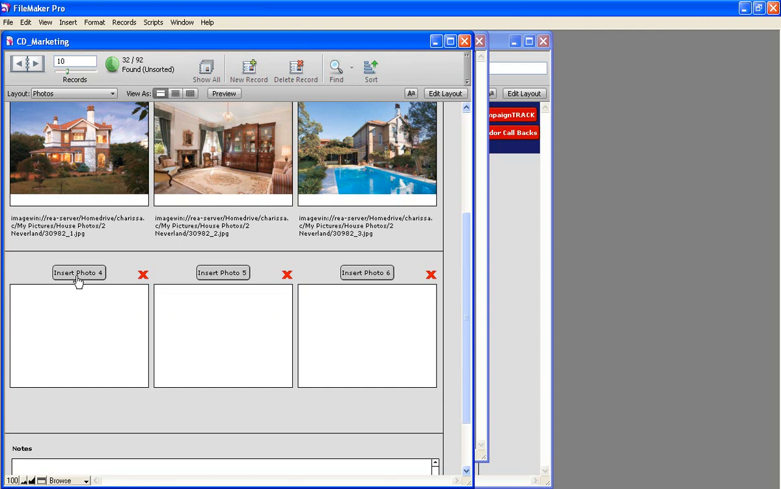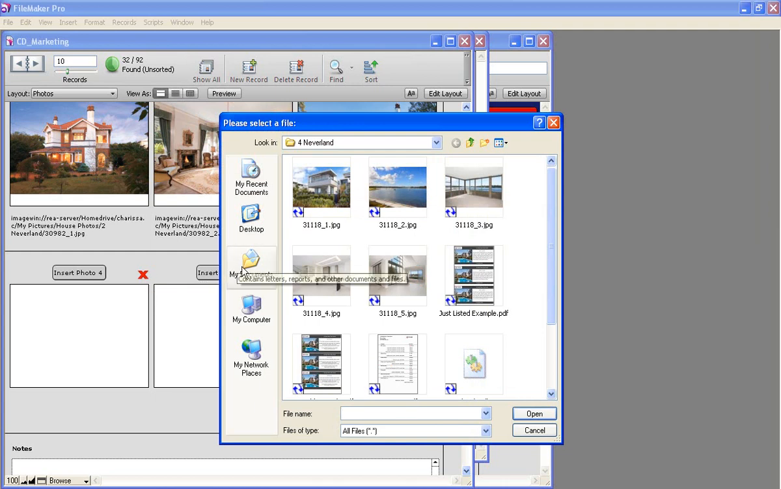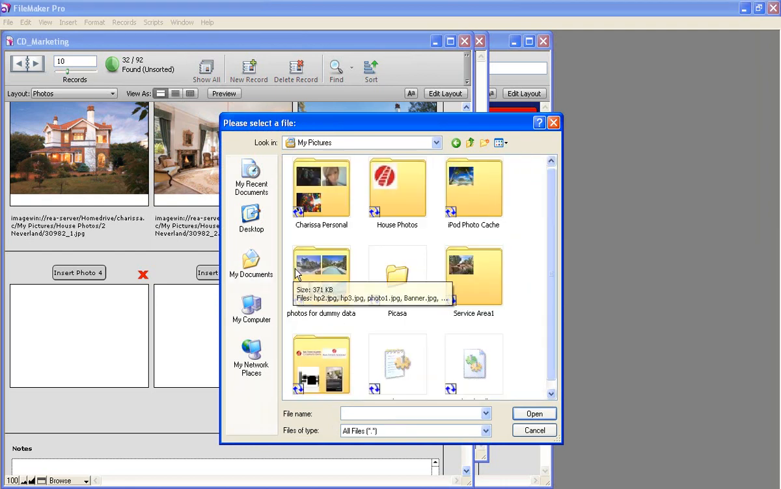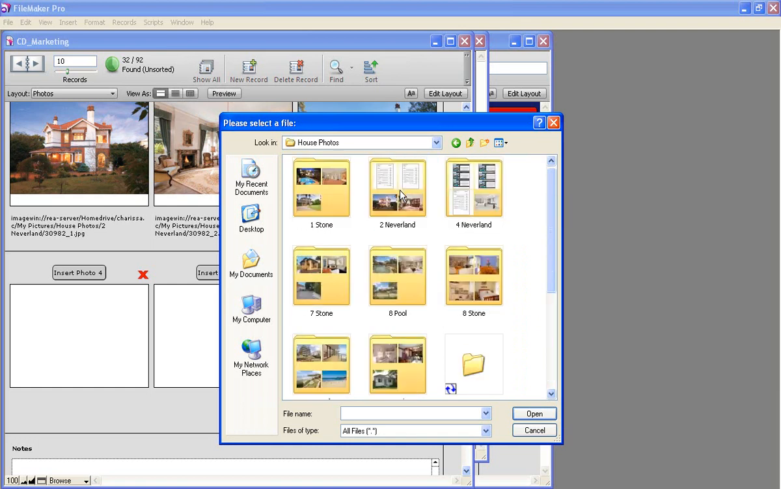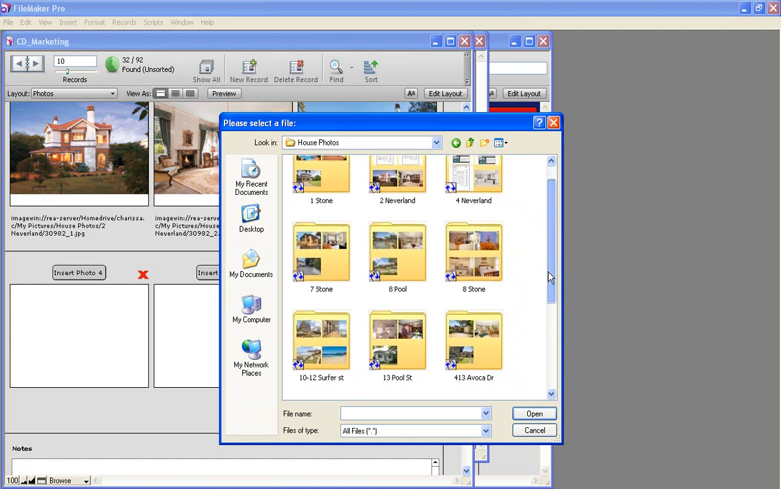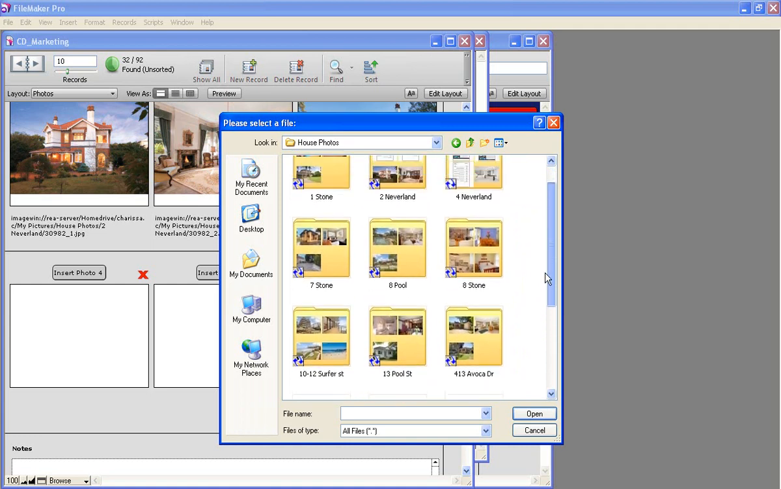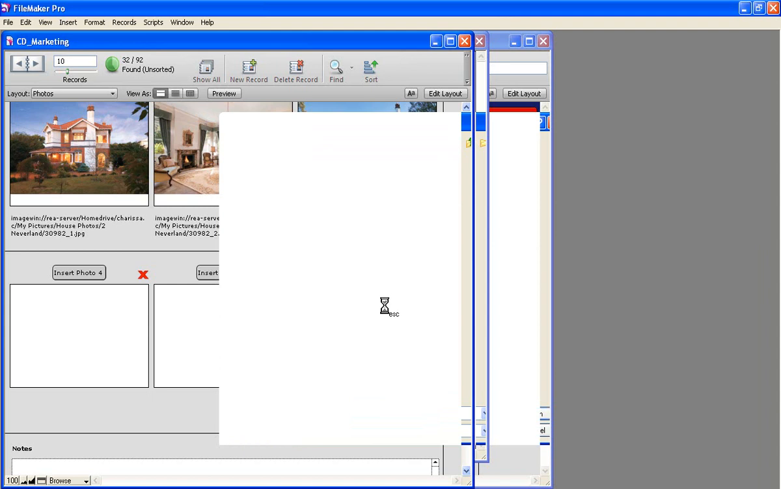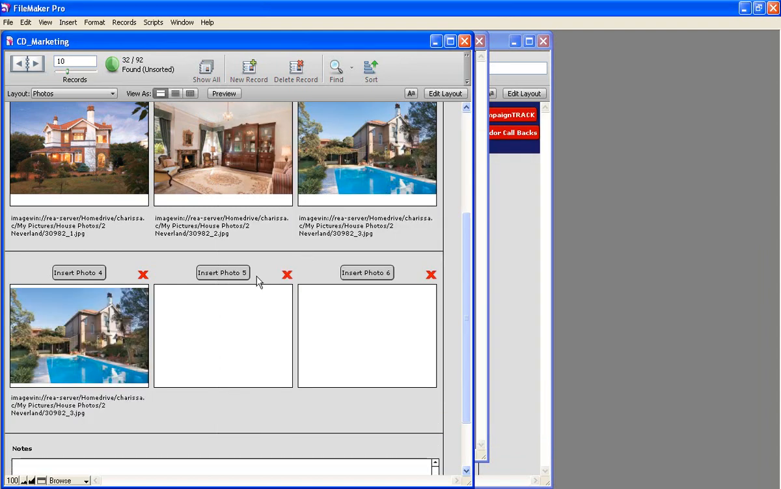This will direct us to the path of where our photos are living. So we can see here we've got the image detail and where that has been captured. We're going to select on Insert Photo, find where the photo is living, and mine is located on My Documents, My Pictures, and it's going to be in our house photo folder. We're going to scroll through, find our property that we've currently got listed that we would like to insert the photos for,